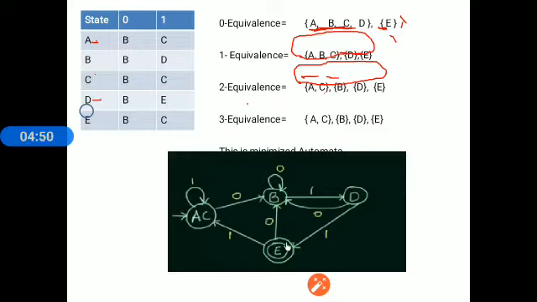Now check whether A and C are equivalent. For A and C, it is B, B, C, C. So yes, it is equivalent. So for three equivalence we are getting the same states. Now if we are getting the same states, then we have to stop. So in this problem we have calculated 0 equivalence, 1 equivalence, 2 equivalence and 3 equivalence. From the modified states, our states are AC as one combined state, B, D, E, so these are 4 states in total. So in the given problem there were 5 states, but after minimization of the automata we get 4 states.